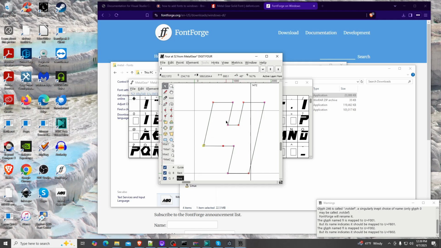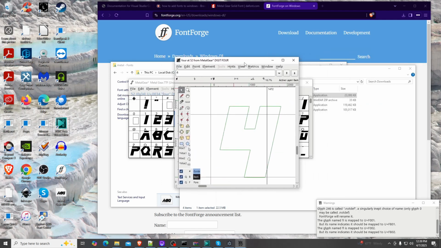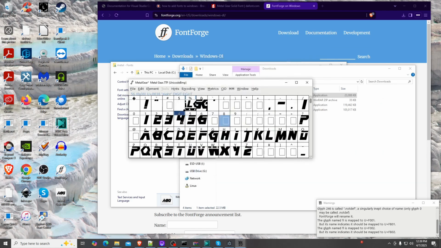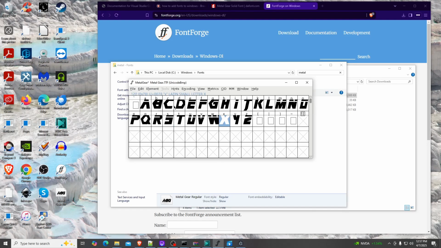Is there a save button, or do I just hit back? Back. Is that it? I guess so. And now it's there. Now we have a 4. It's just basically modeled after the H. It seemed like that is what a 4 would be, so very easy to do. Okay, so